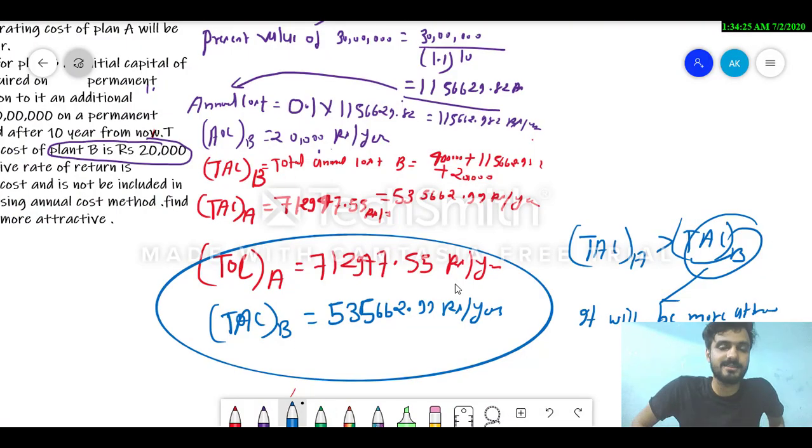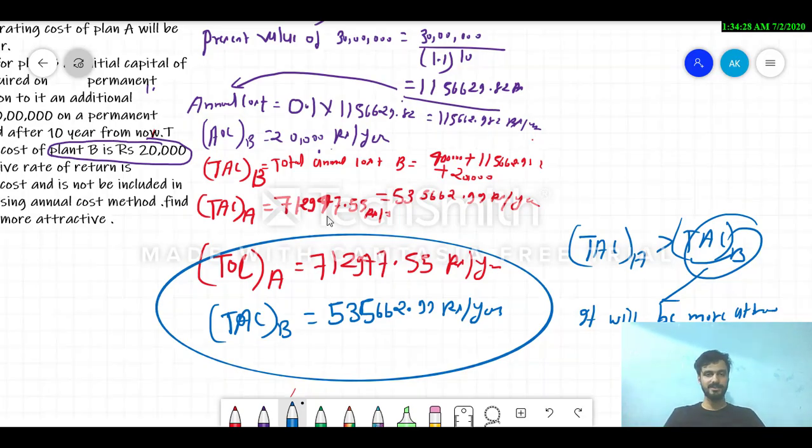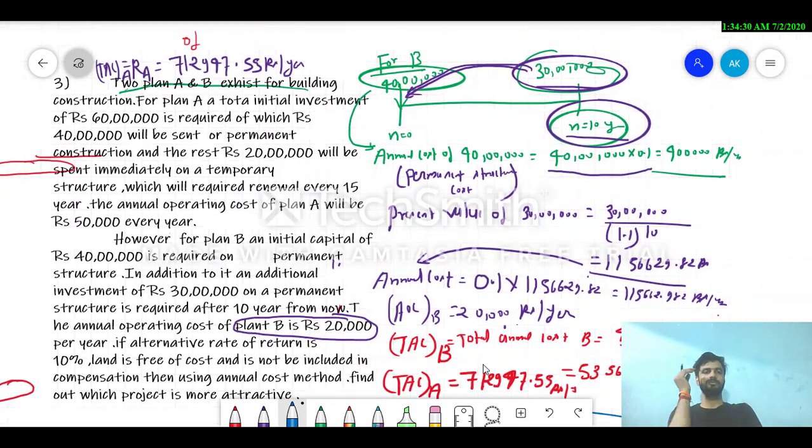So my dear student, what we have seen in this particular question is only one different extra thing on the basis of permanent structure: how we calculate the numerical for the annual cost. Here we have done only an extra concept on the basis of permanent cost. You have to substitute the limit n equals infinity, because what do you understand about permanent cost? You have to assume the asset is going to sustain for n tending to infinity, and substituting that in the formula gives the formula that I have already discussed at the start of this video.